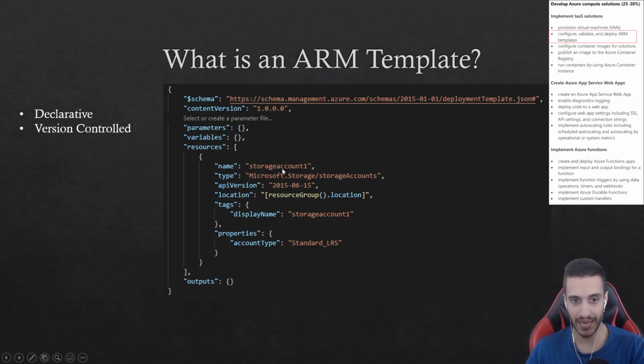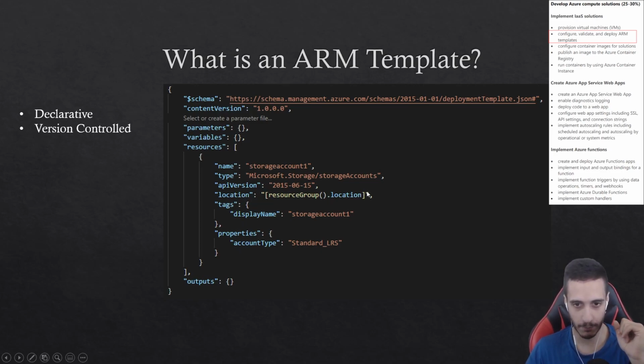You would provide the name, which is in this case storage account 1, and then the type, which is the resource provider / storage account, and then the API version. Again, that's taken from the documentation. And then here you would provide the location. And the reason why I'm highlighting this is because